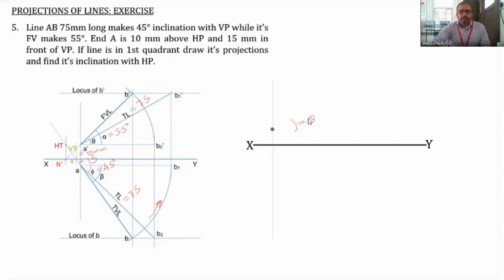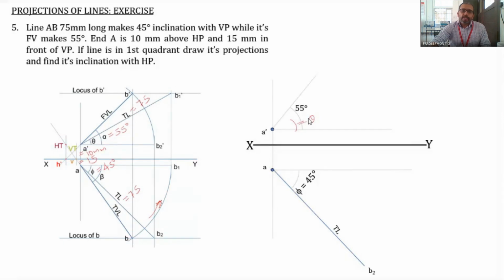So in this case, the first step is drawing the XY line, then the projector for A, mark the point A dash as well as A, then mark the horizontal lines from A as well as A dash, and then in the top view, that is below the XY line, mark the true length that is making an angle of 45 degree with the XY line. So the true length will give you the AB2 line. Then in the front view also, you mark the angle, that is 55 degree.